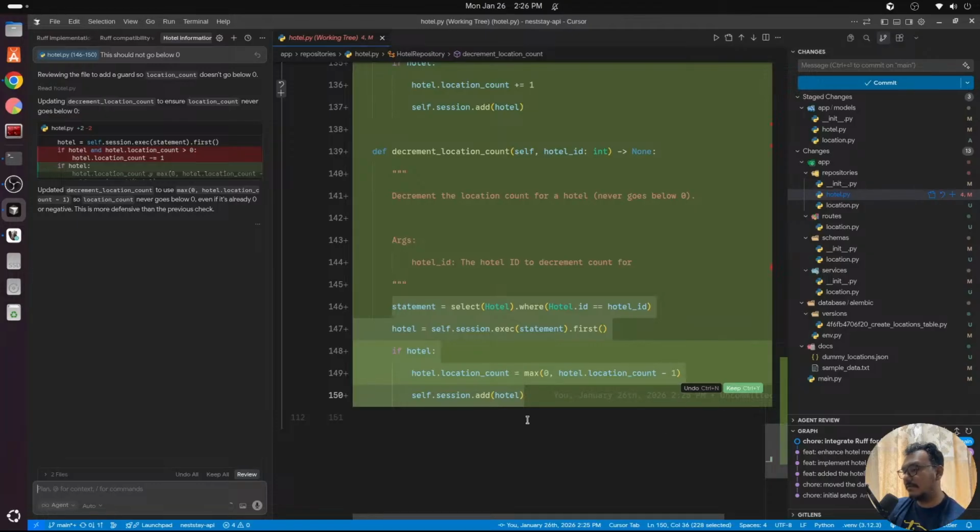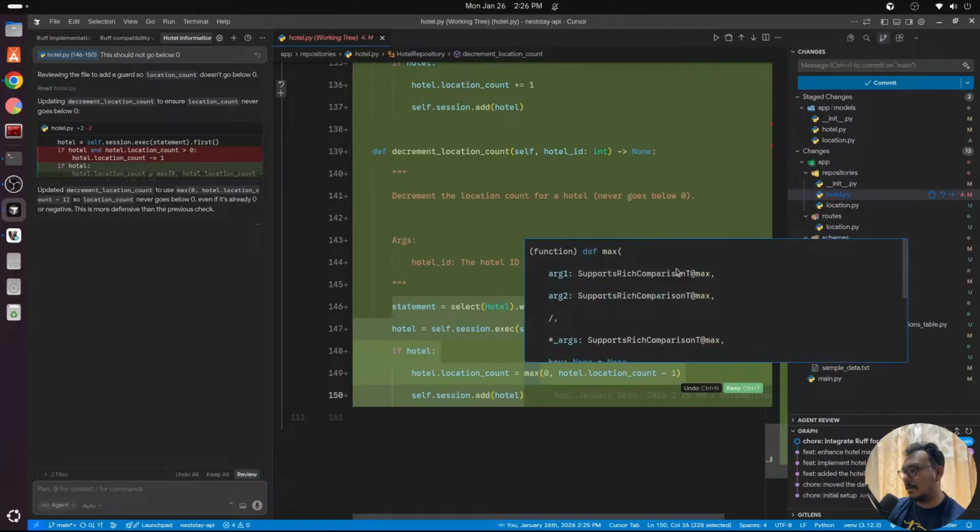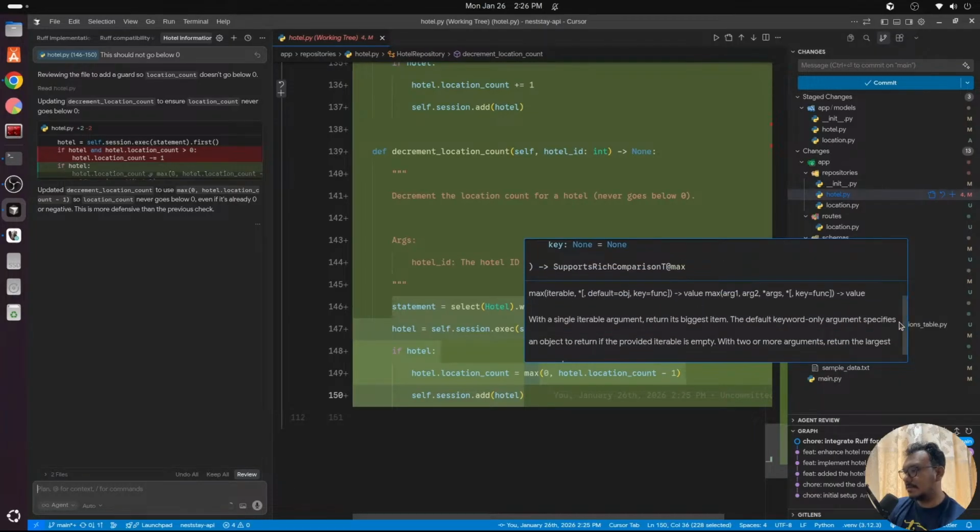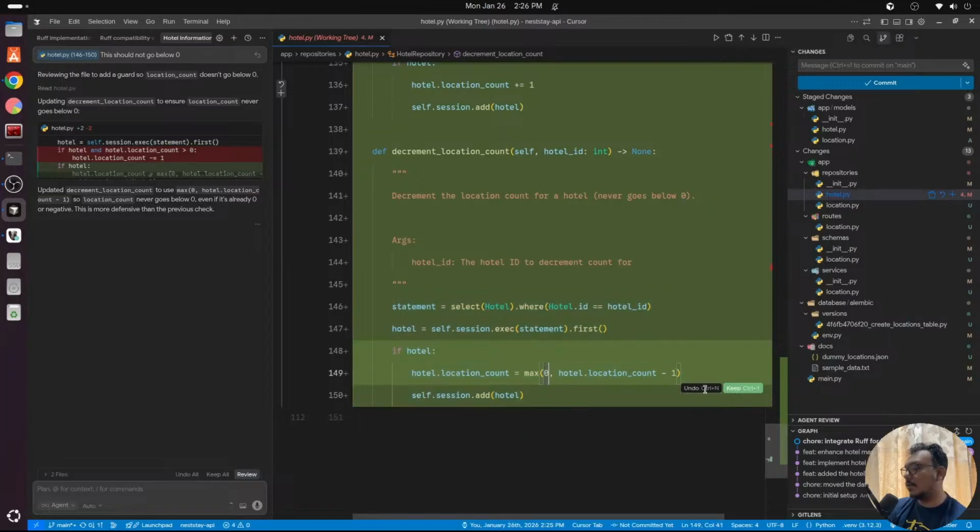We have max, argument 1, 2, max value with a single iterable argument returns its biggest item. The default keyword-only argument specifies an object that is returned. So basically either 0 or any other number. If the other number is more than 0, that will be returned, otherwise 0 will be returned, which makes sense. So fine, let's approve it